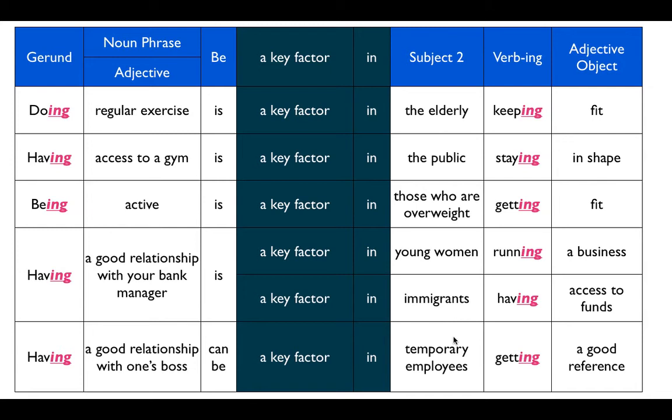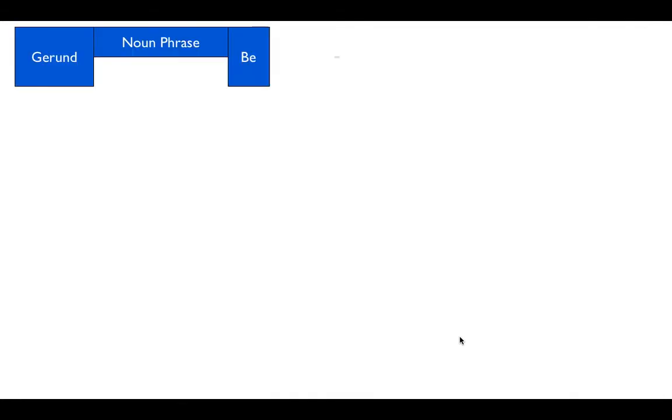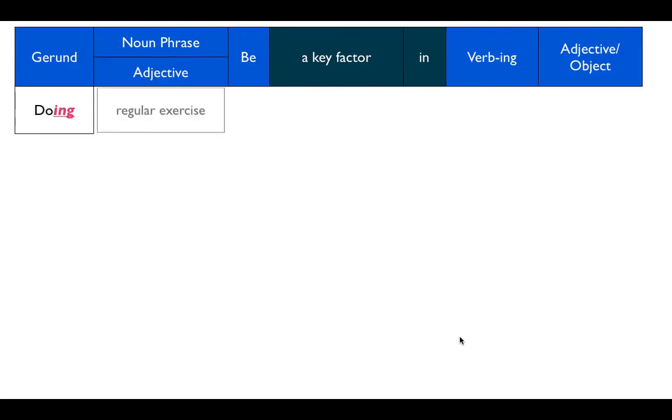So there we saw that's how we can narrow the focus on talking about somebody very specific. All we do is we create a space between a key factor in and the verb ing and we slip it in here into this spot, and it works really well. Okay, so that's a key factor in there. Okay, now